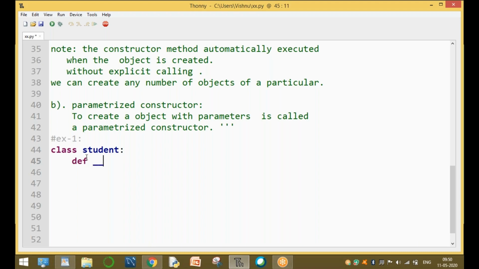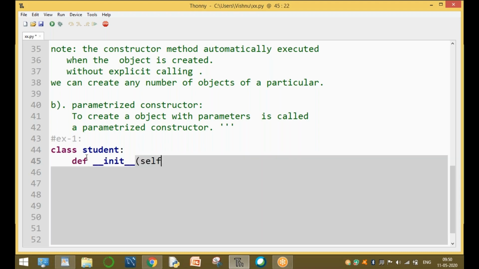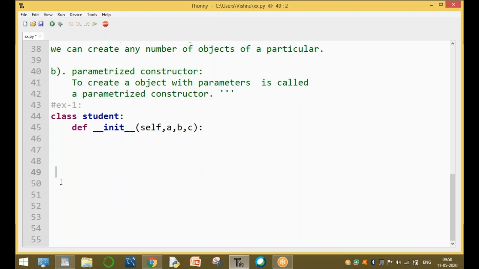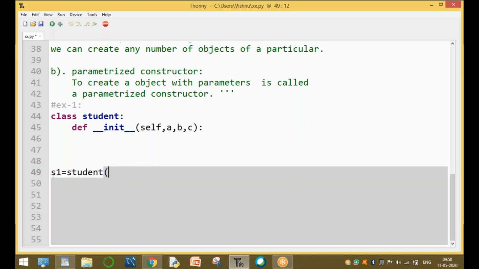def __init__ is the constructor function with parameters: self, comma, for example, A, B, C. Here A, B, C are the parameters. To create an object, we write S1 equal to Student of, for example, the first parameter. Here S1 is the object we are creating.